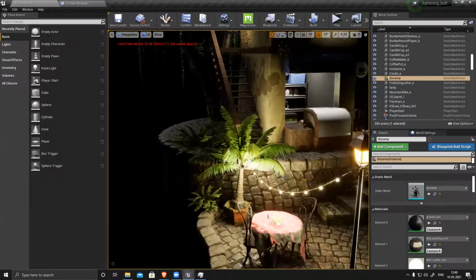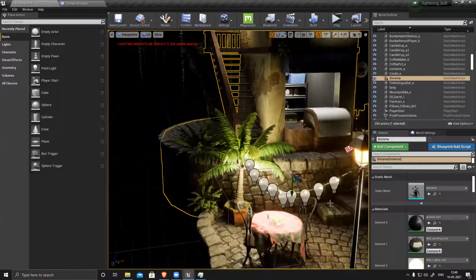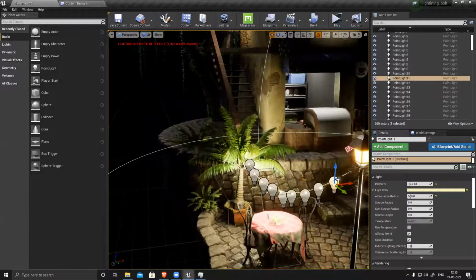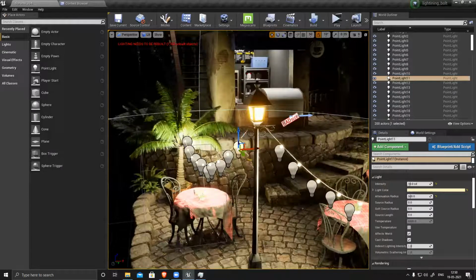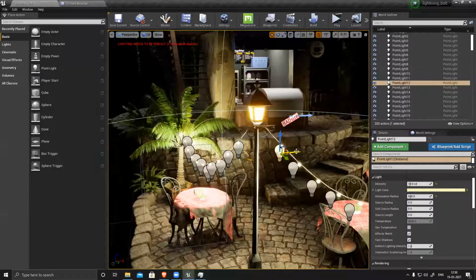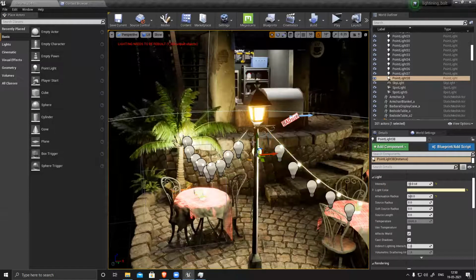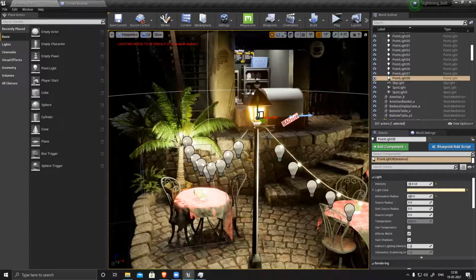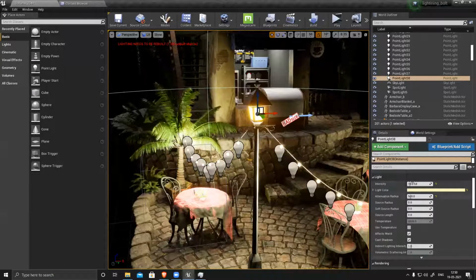So what I have to do is press G, select any one of the lights, or maybe this one. Alt, drag it, move it here, and intensity can increase.